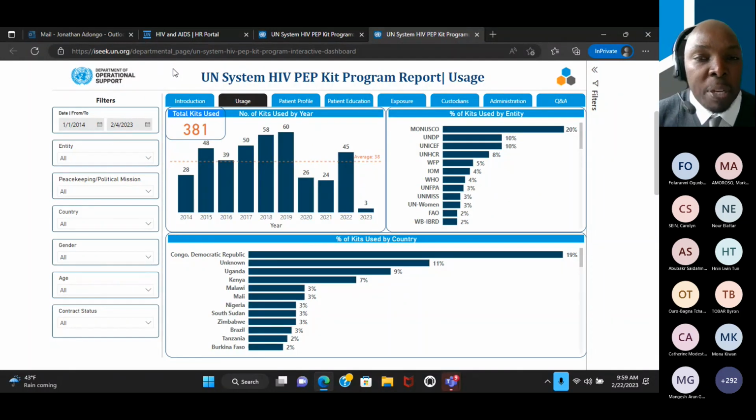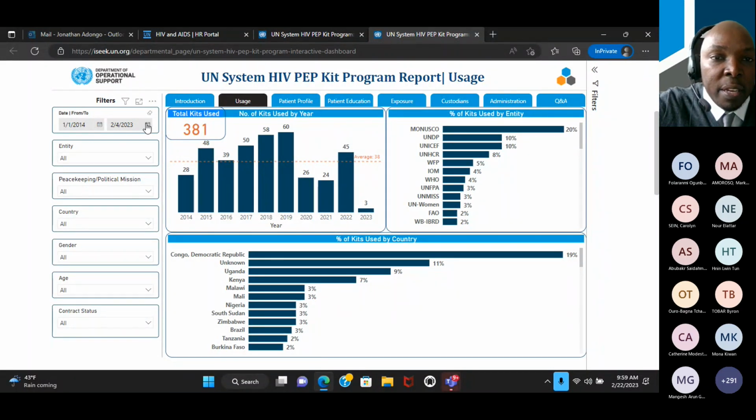The first thing it does is provide information on how many of the patient, custodian, and physician forms have been submitted to HQ. This information, once again, is only for the forms that are submitted, and it shows you a trend based on time of the number of forms submitted since 2014.